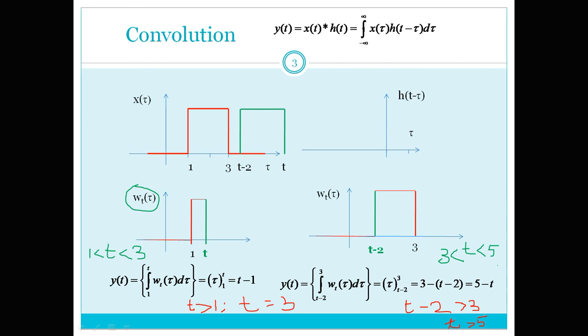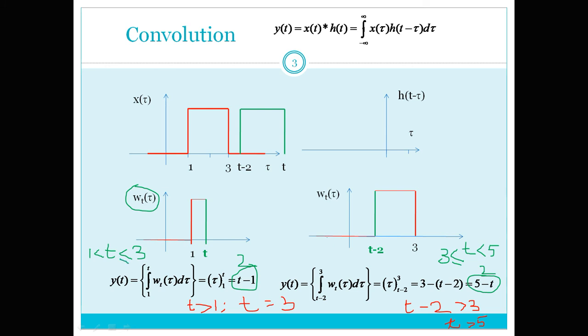So this is the case. If you substitute 3 in the first equation, that is t minus 1, the value will be 2, and if you substitute 3 in the second equation, the value will still be 2. So you can write equal to wherever you want, here and also here. Both are the same.